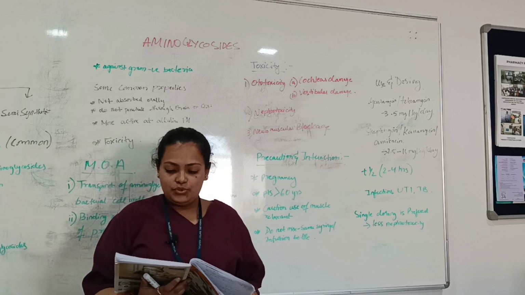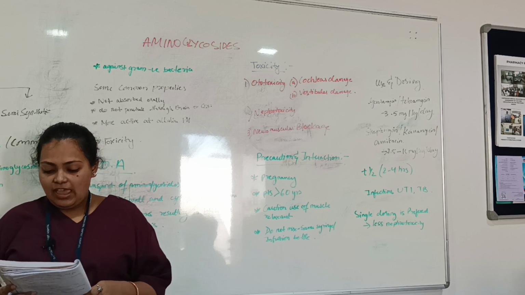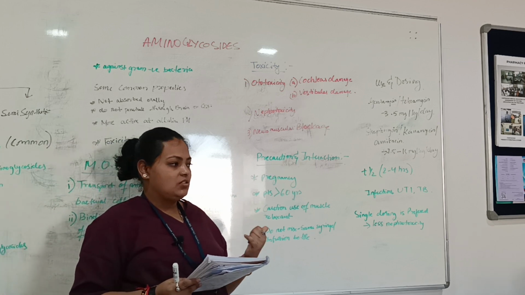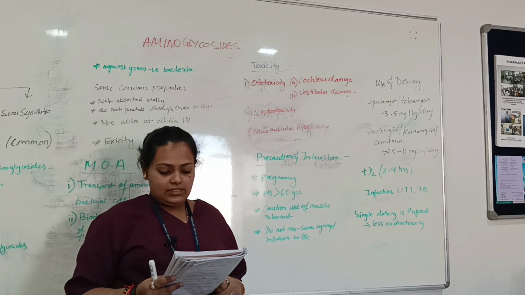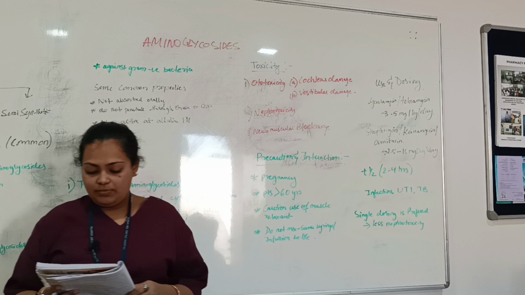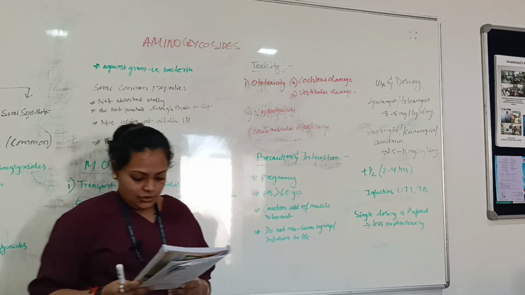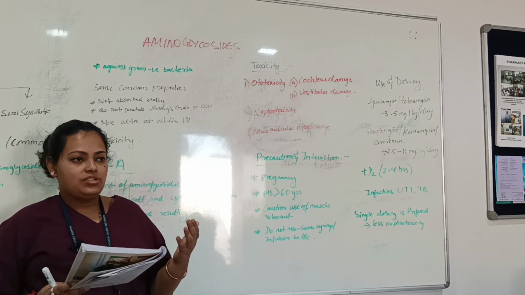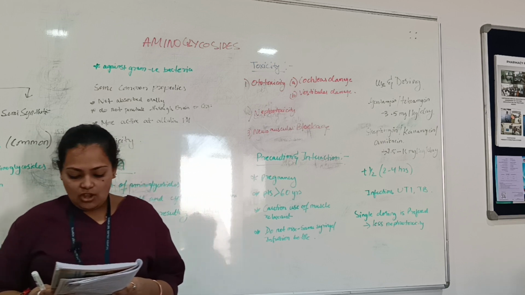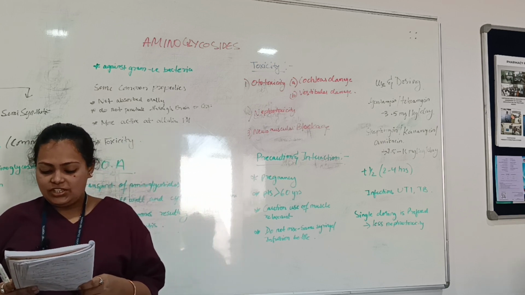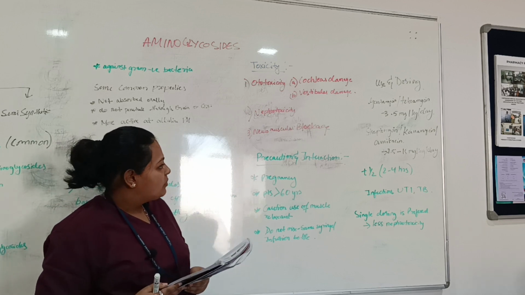Then we come to streptomycin, the oldest one. It is used for treatment of TB, and also in case of plague. It takes 7 to 12 days. It is also used in bacterial endocarditis. Then is your tobramycin. It is most similar to gentamicin and is used as an alternative for gentamicin. Ototoxicity and nephrotoxicity are probably less compared to gentamicin. I have already mentioned the dose.